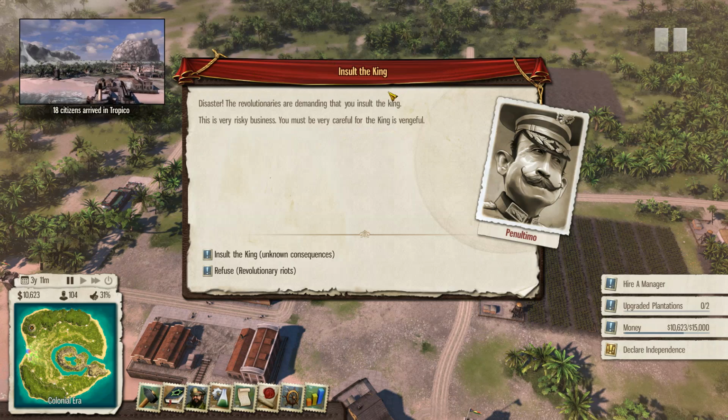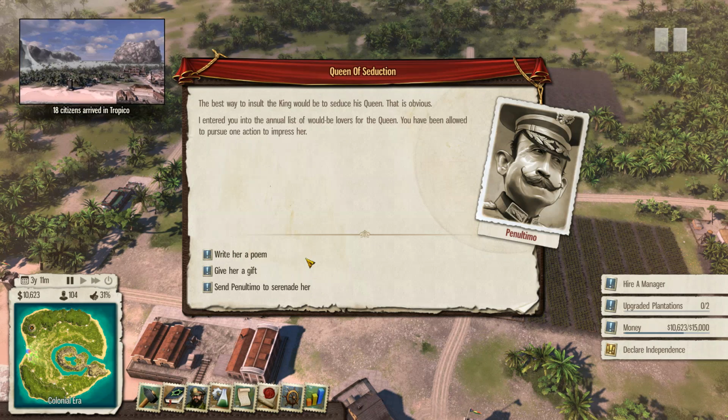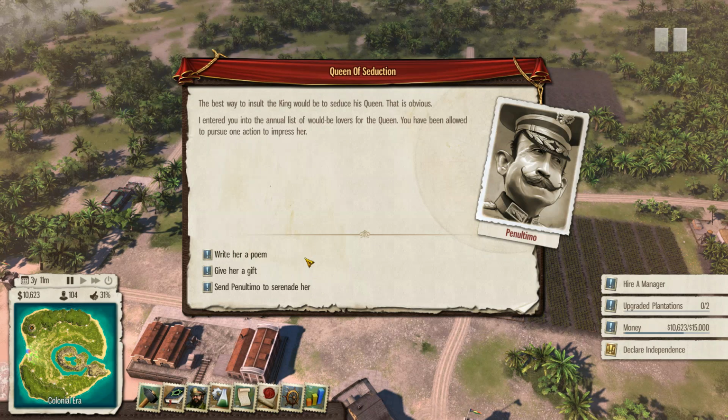So sometimes these crises will appear and they will ask you to choose between different things. I was actually more surprised by the fact that 18 people came to our island at once. But anyhow, I guess the best way to insult the king would be to seduce his queen. That is obvious. So we'll do that, and I think we'll send...